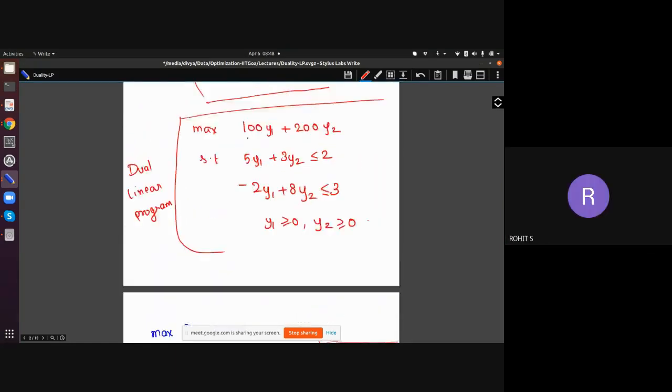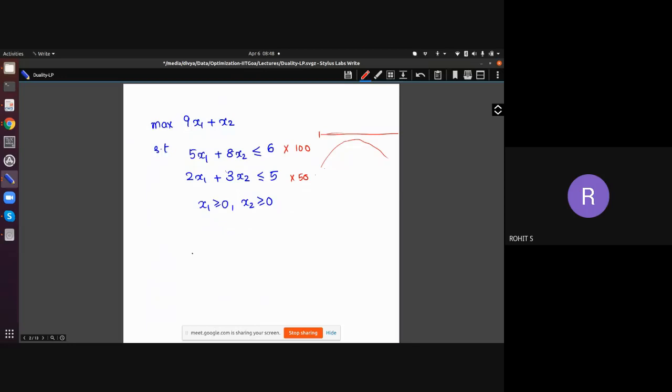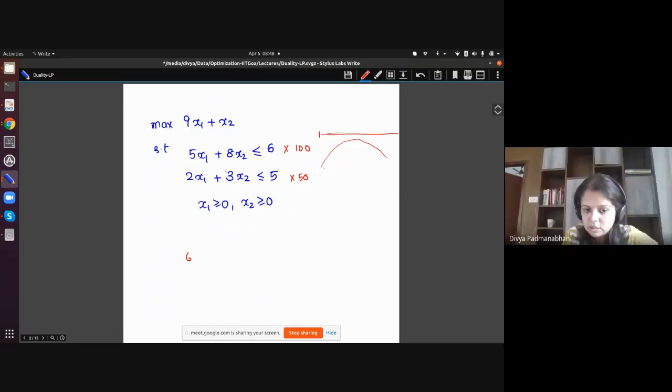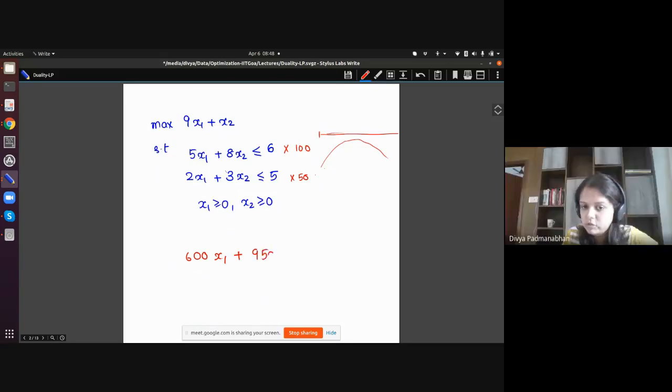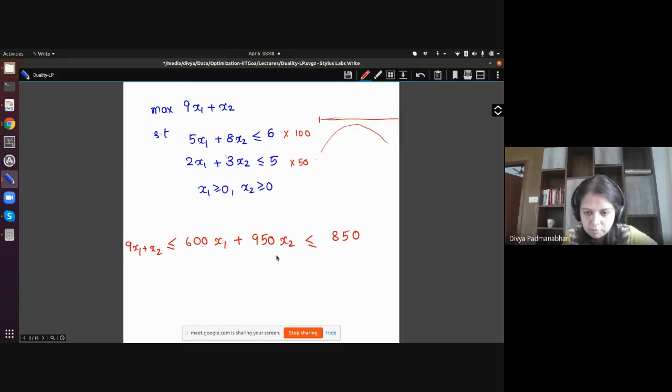In a similar manner as we did here, 600x1 plus 950x2 is less than or equal to 850. Here this was 9x1 plus x2, and that clearly satisfies this less than or equal to, right? 9 and 600, and here you have 1 and 950. So here, by similar logic, to generalize this idea,